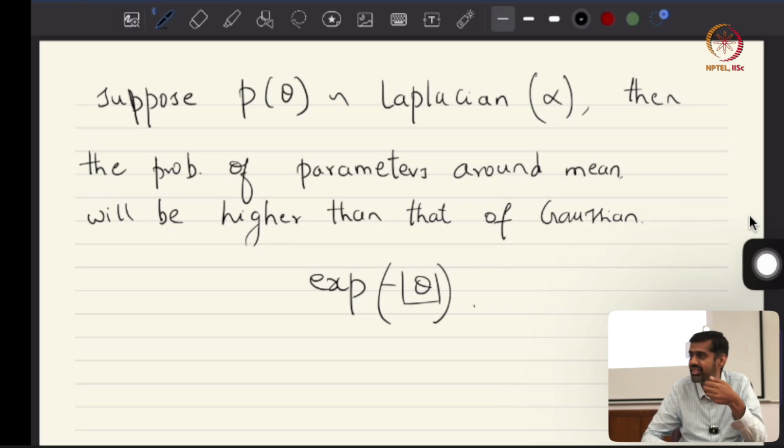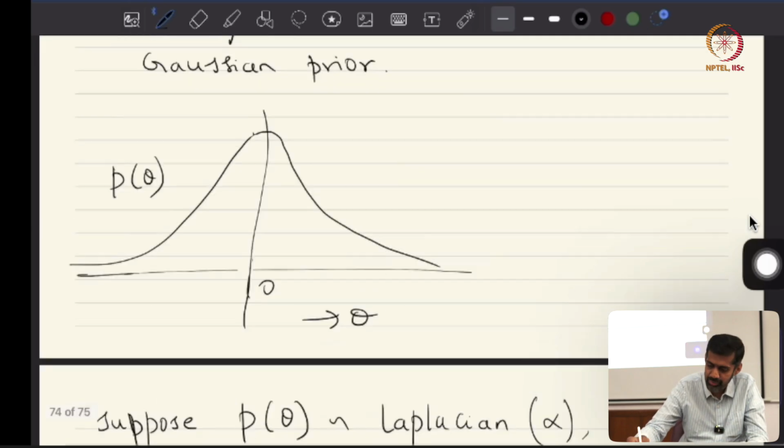Now you know why? Because the prior that you are imposing is such that the odds of finding the parameters around 0 is higher. Now, "L1 induces sparsity" is a blanket statement, it is not correct. I mean, L1 induces more sparsity compared to Gaussian, or L2, is what you should say. L2 also induces sparsity in the sense that it is choosing the parameters to be around 0 with higher probability. Compared to that, because the fall here in the Gaussian,